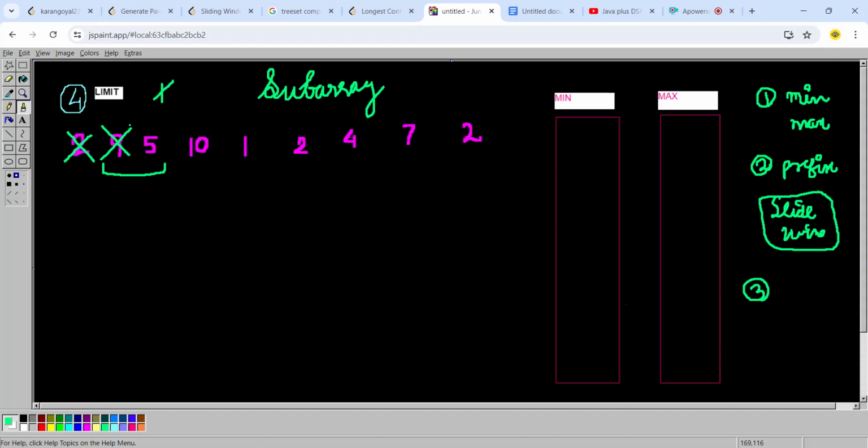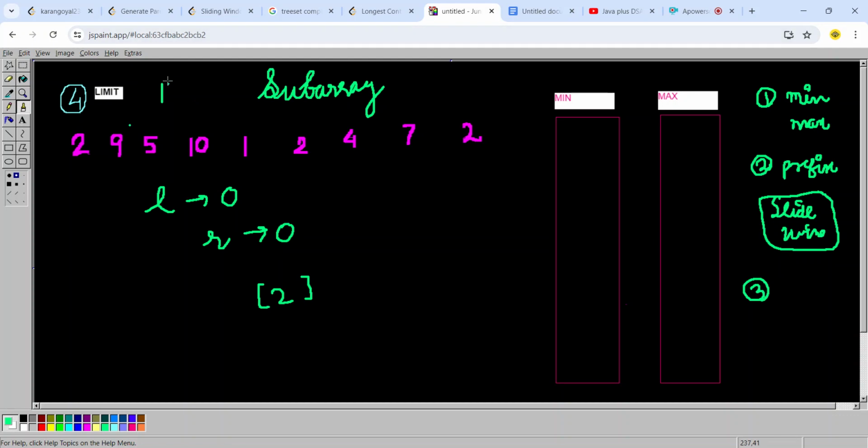Okay. So now what we will be doing is, let's start with left counter and right counter as 0. Because we have to slide the window, we can slide the window by moving the right pointer and left pointer. Keep it in mind. Initially left is 0. When we start with right as 0, I have only 2 in my subarray.